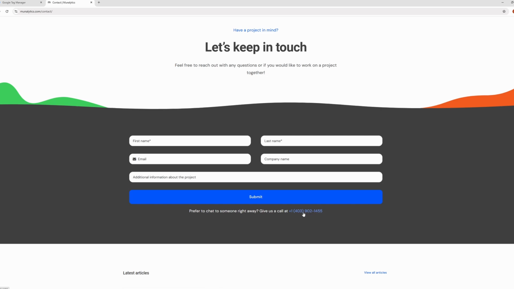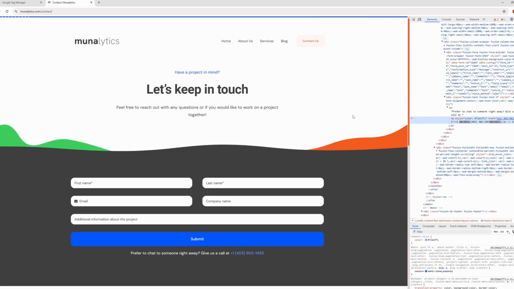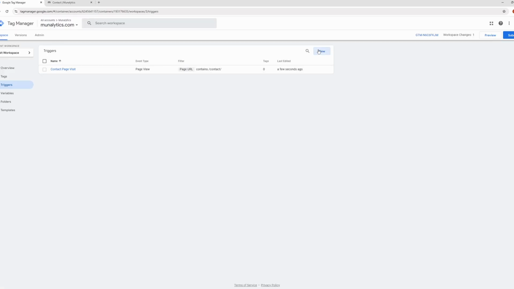In a lot of these cases, you can inspect to see the different variables involved. For all click to calls, it's always an a href, which essentially means a link, as in it's linking to another, quote unquote, page, not exactly a page in this situation, but it will always start with tel:. So the way we would set up a trigger or a listener for when someone clicks on that is we'll click new